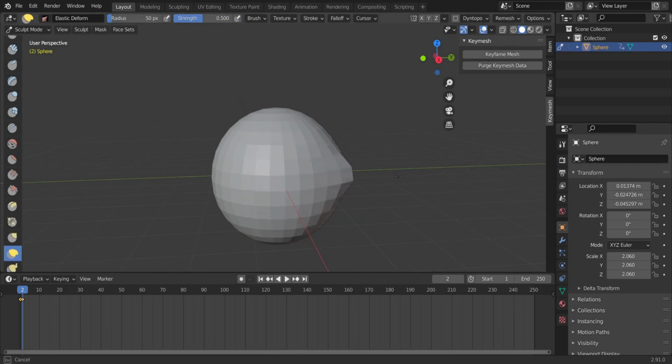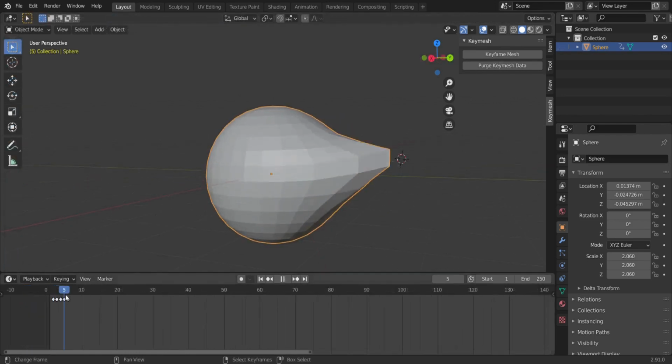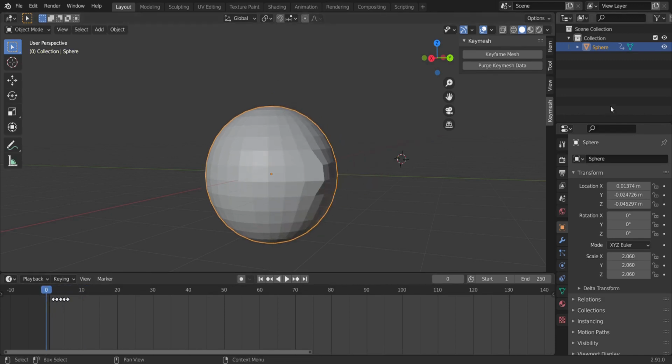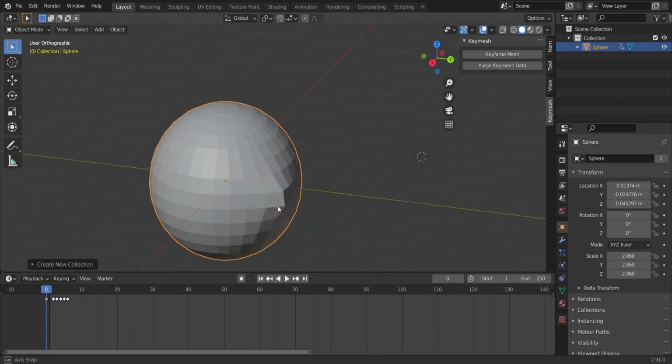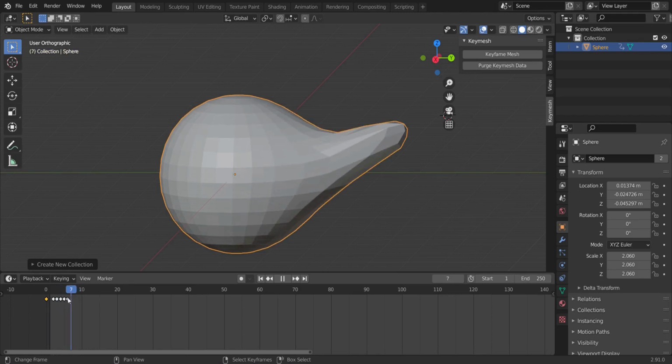Just like in the video, you have to add a keyframe mesh for each frame and animate your model step by step. After you've made any changes to your object shape, go back to Object mode and move between keyframes to see your animation. Congratulations! You are now Key Mesh animated. Now you can go ahead and experiment with this tool a little bit more.